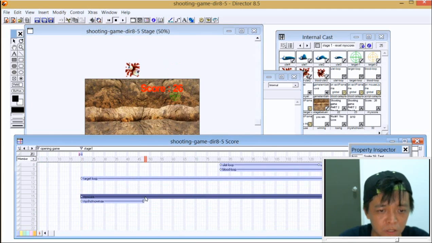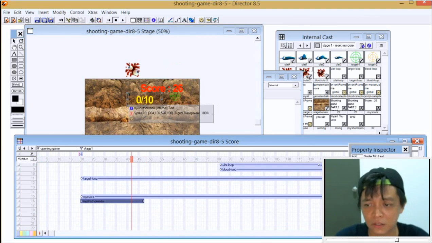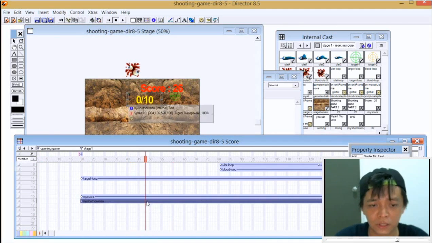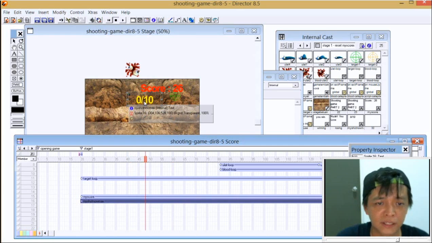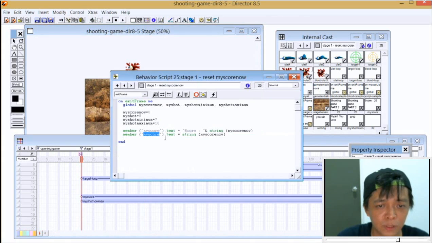This one must go to 680. So I paste it here, 680. It's called the my shot maximum. So the my shot maximum will be